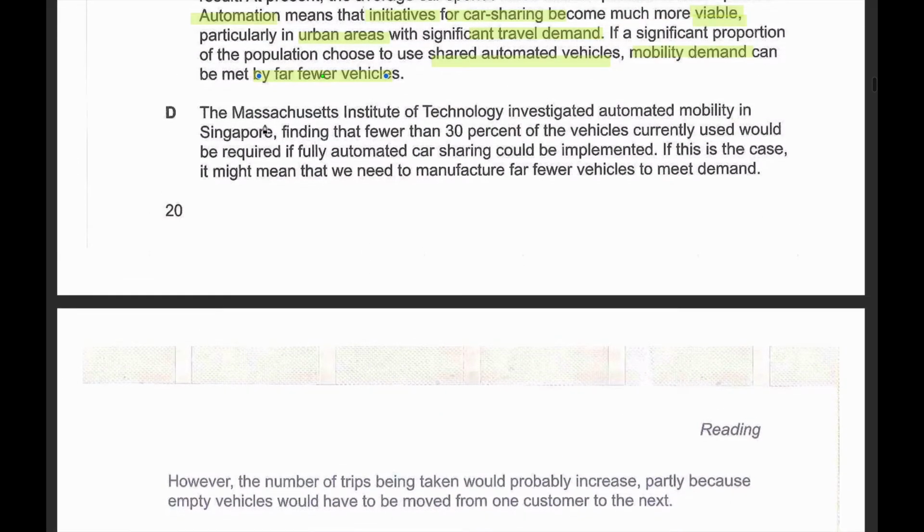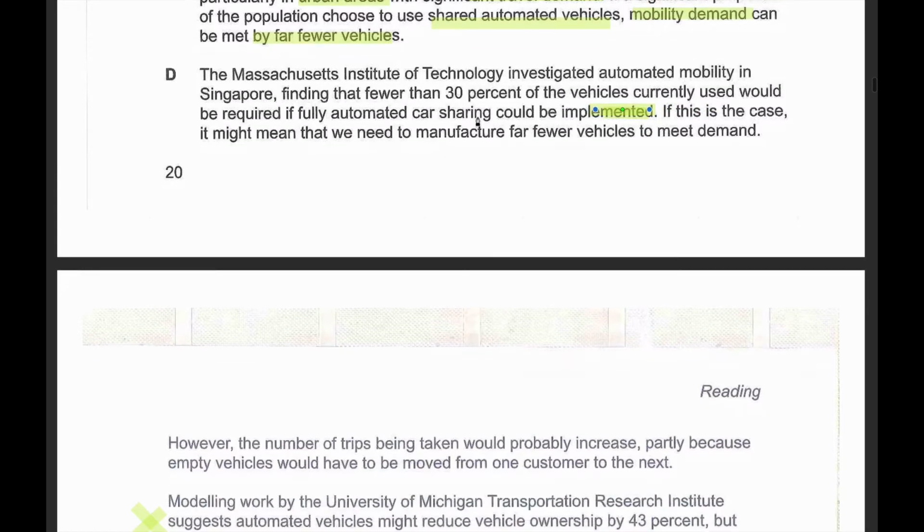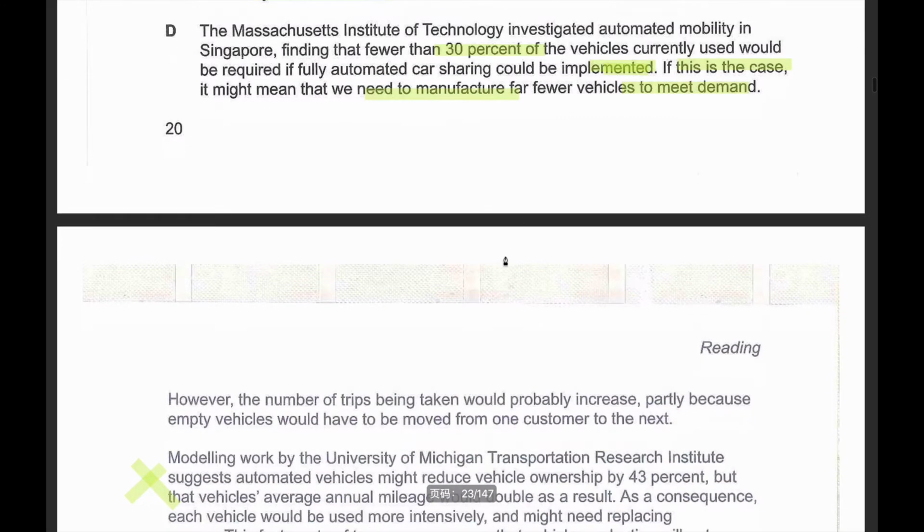Okay, so the Massachusetts Institute of Technology investigated automated mobility in Singapore, finding that fewer than 30% of the vehicles currently used would be required if fully automated car sharing could be implemented。就是说，如果我们真的去实行这个 car sharing 的 policy 的话，我们现在的汽车需求量呢会降低。If this is the case, 如果这是真的话, it might mean that we need to manufacture far fewer vehicles to meet demand。我们生产车的需求呢会变少。